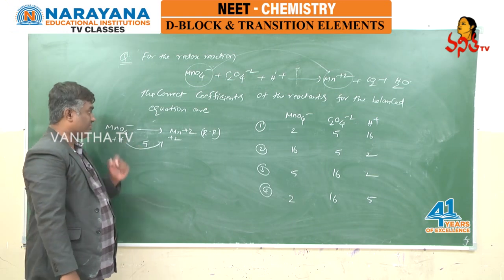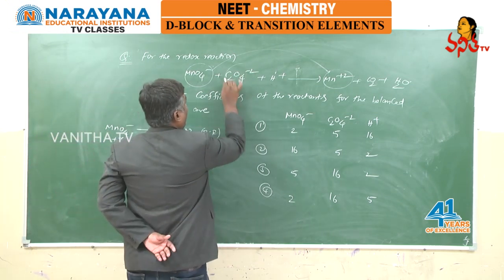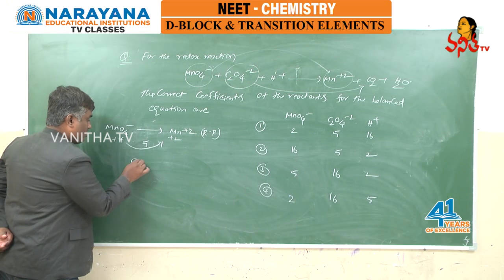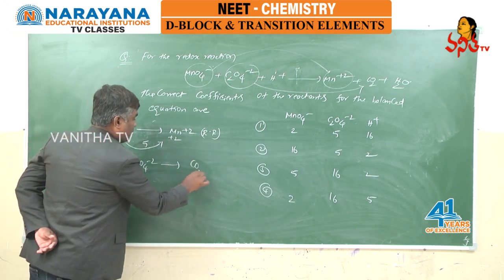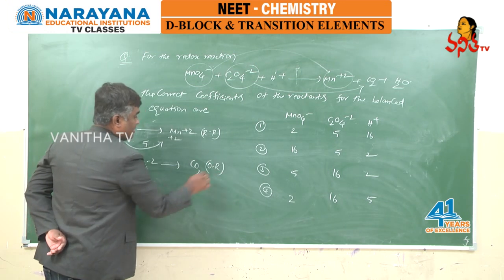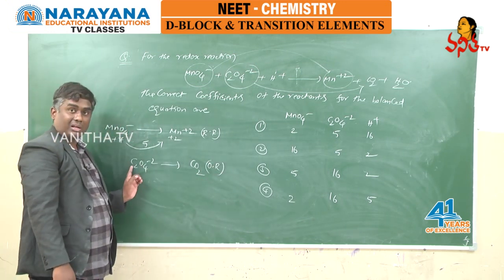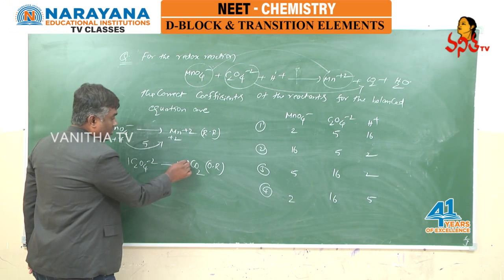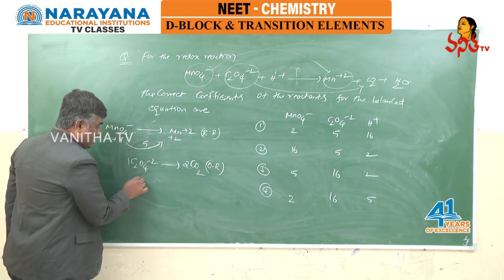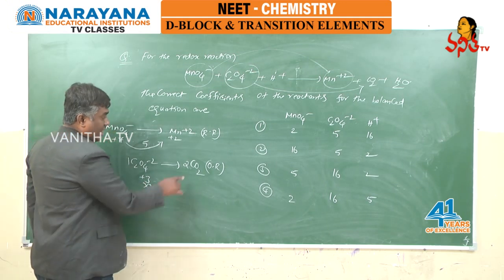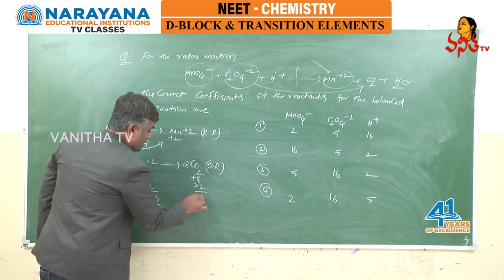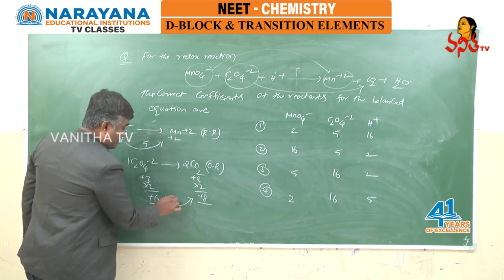The change in oxidation number is 5 here. The oxidation reaction is where the oxalate ion, C2O4 minus 2, is converted to carbon dioxide. Before balancing, we should balance the number of carbons. In 1 mole of oxalate ion we have 2 moles of carbon, so we should write 2 moles of carbon dioxide here. In the oxalate ion each carbon exhibits +3, and 2 such carbons give +6. In carbon dioxide, carbon exhibits +4, and 2 such carbons give +8. The change in oxidation number is 2.